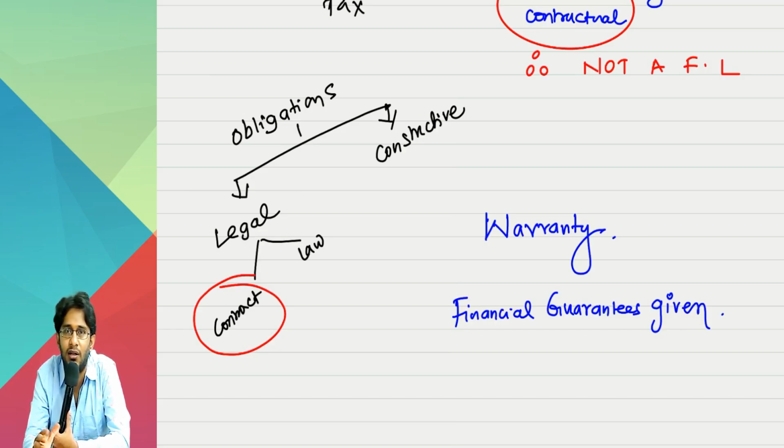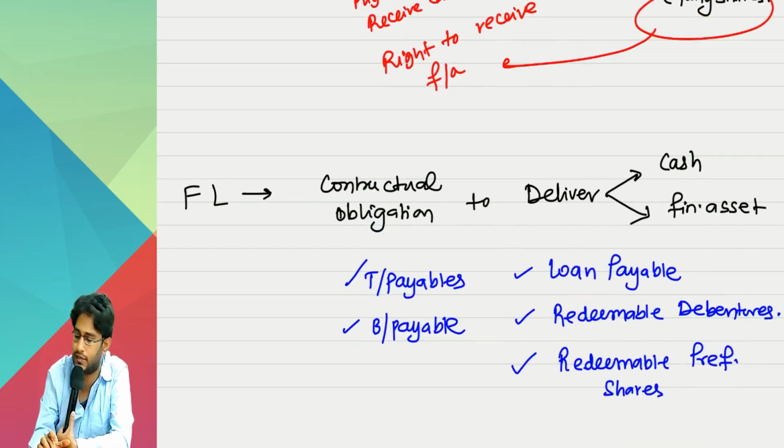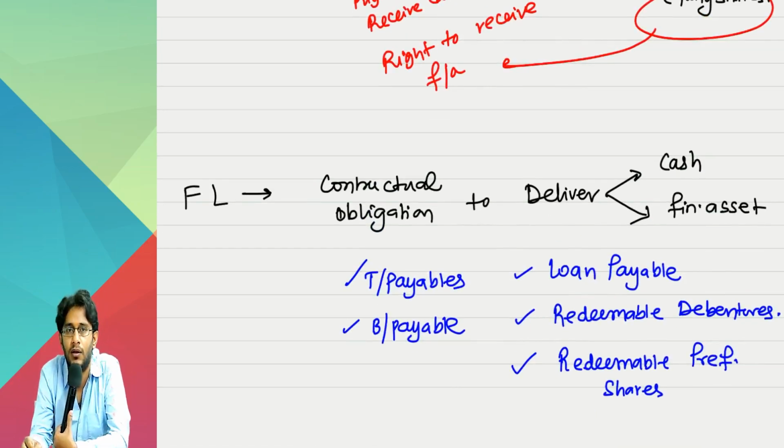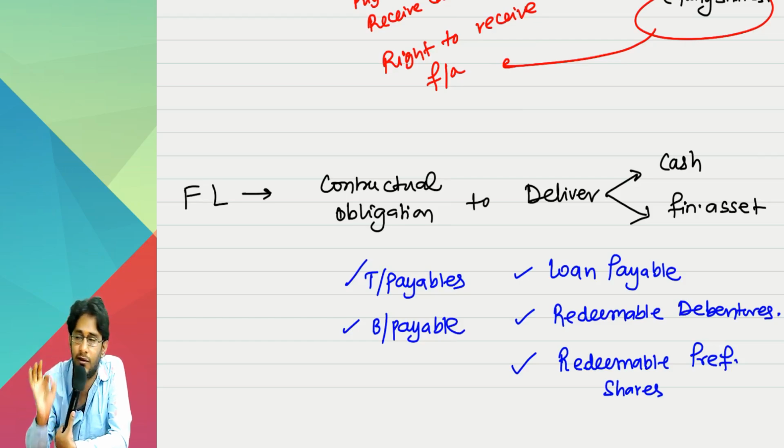Sir, contingent or not contingent, or leave all that. Based on the contractual obligation point, based on just this point, you answer. If that fellow defaults, then we have a contractual obligation to deliver and pay cash to the bank, isn't it, sir? Definitely it is a financial liability. Now,